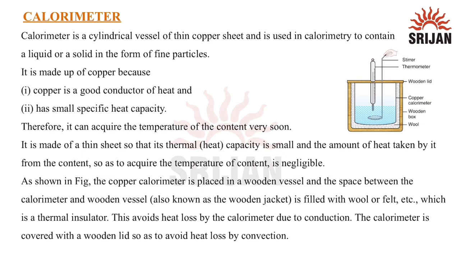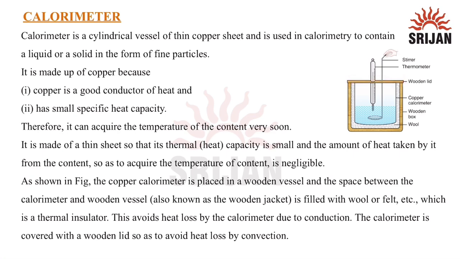Now as shown in the figure, the copper calorimeter, that is this part, is placed in a wooden vessel or a wooden box, and the space between the calorimeter and the wooden vessel is known as the wooden jacket. It is filled with wool or felt, etc., which is a thermal insulator. So the wool part is used for thermal insulation, and to avoid any heat loss by the calorimeter due to conduction, the calorimeter is covered with a wooden lid on the top to avoid heat loss